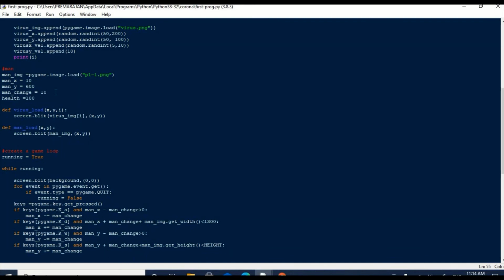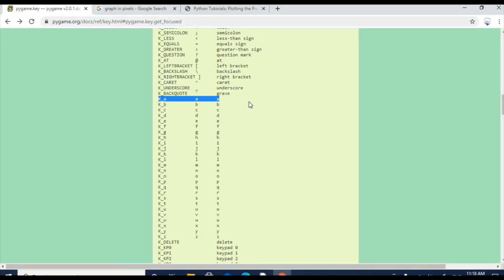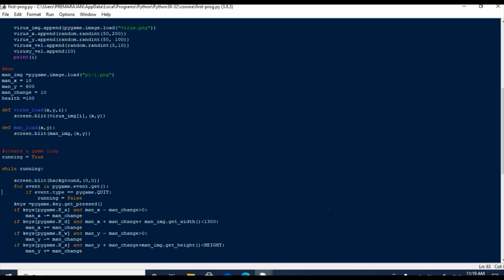We have used the pygame.key.get_pressed function here. Let's have a look at the code. The result of the function pygame.key.get_pressed is saved to keys. At the site pygame.org, a complete list of key constants is available. You can see the whole list of keys on the screen. K_a represents key A. Its position, whether it is pressed or not, is indicated by 1 or 0 stored in the variable keys. The program reads the signal and acts accordingly.